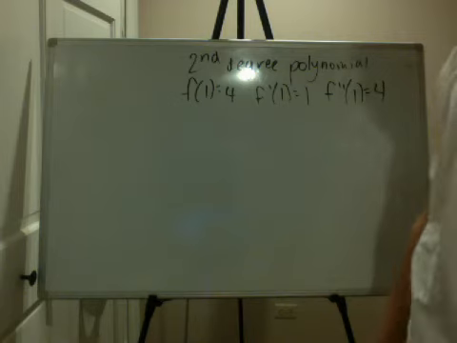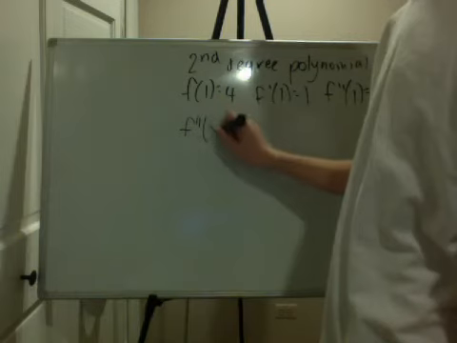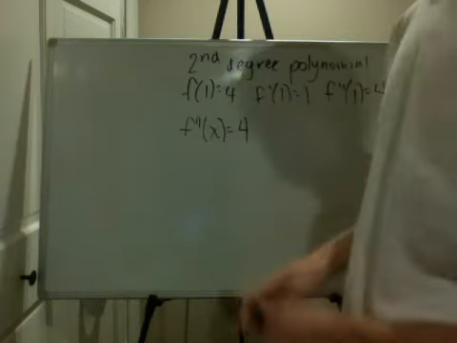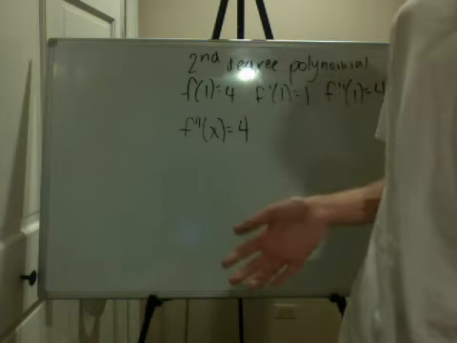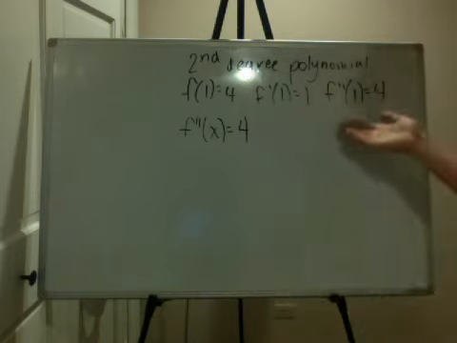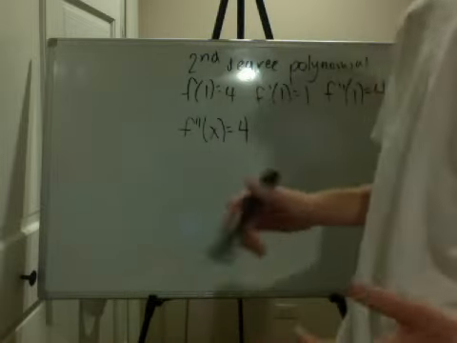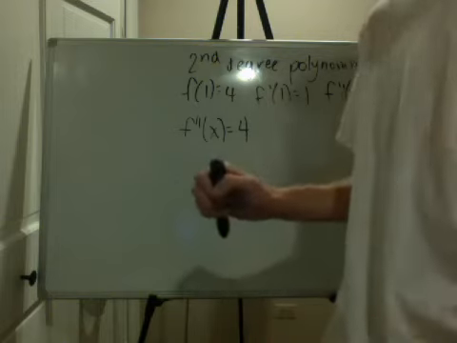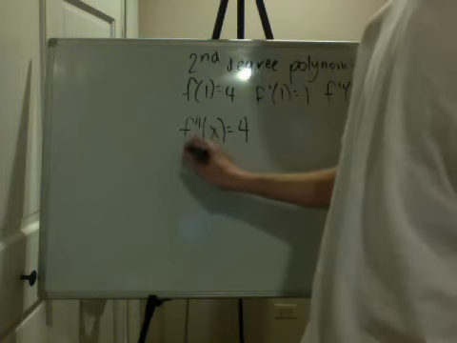For this reason, we can go ahead and assume that f double prime of x equals 4. Why can I write this? Because no matter what, we know that there must not be an x in this f double prime equation, and so whatever x you put in, you're always going to get 4, because that's what the information was given. So now let's think about this and go, well, backwards. If we're going to do kind of like a reverse power rule, then let's go ahead and just give it some